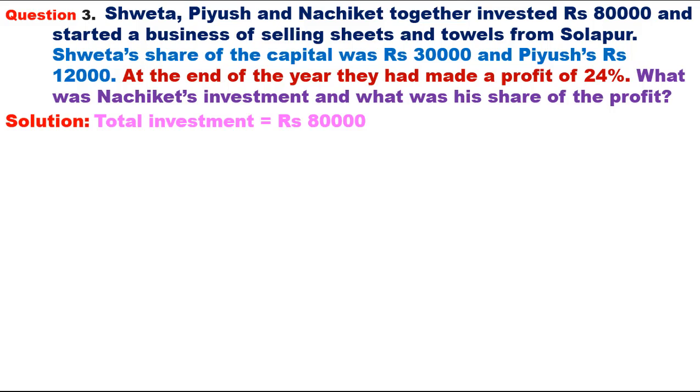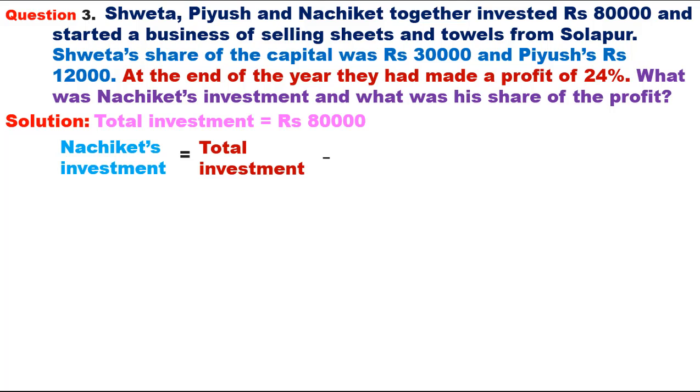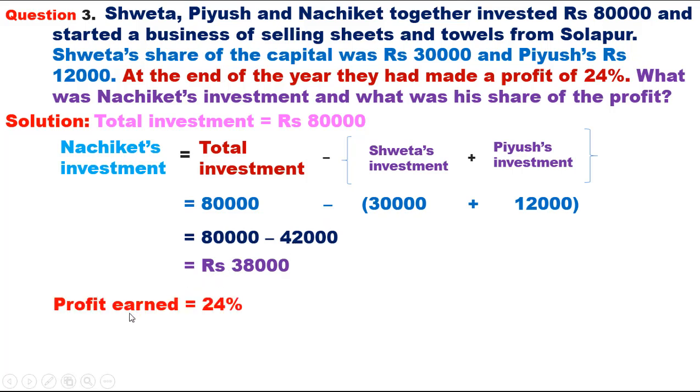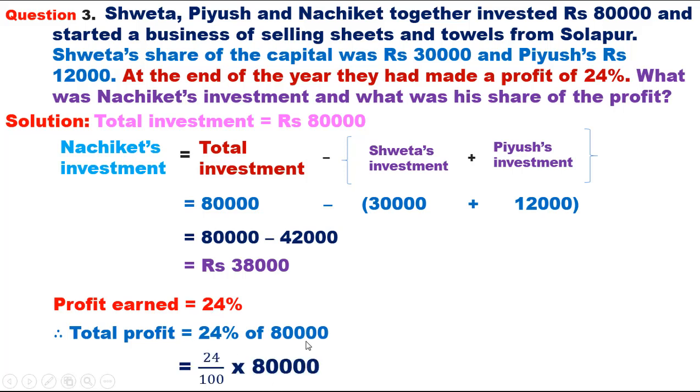Solution. Total investment is equal to 80,000. Nachiket's investment is equal to total investment minus Shweta's investment plus Piyush's investment. Therefore, 80,000 minus 30,000 plus 12,000, 80,000 minus 42,000 is equal to 38,000. Profit earned is equal to 24%. Total profit is equal to 24% of 80,000 is equal to 24 upon 100 into 80,000 is equal to